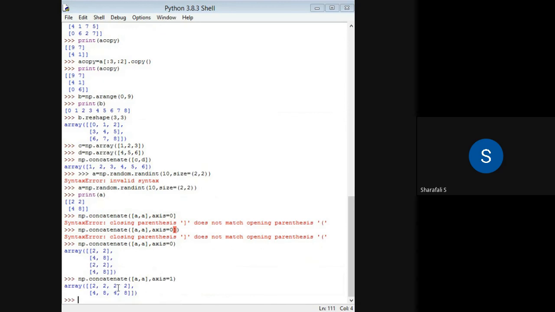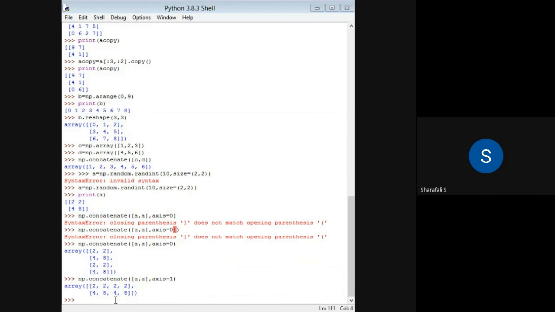Then you can see here these elements 2, 2, 4, 8 are added or concatenated with this particular array. Okay, this is column wise, so the number of columns will get increased. You don't have to give the same elements. You can give any other also here. You just use the same array.